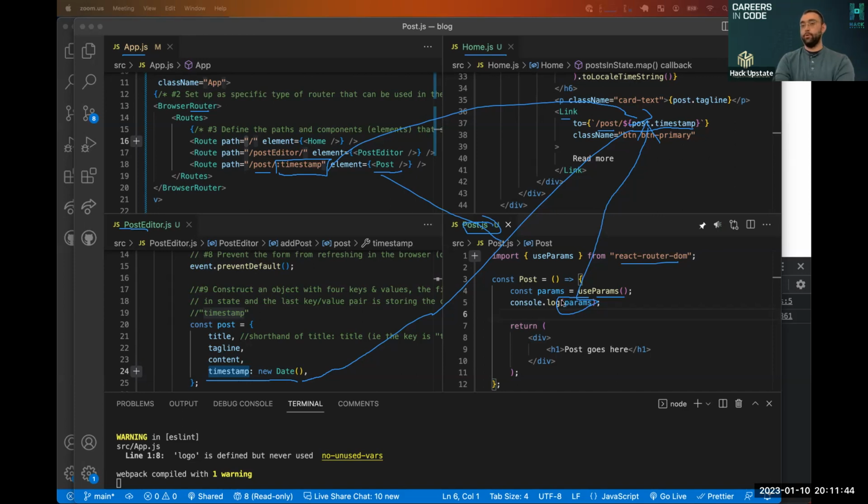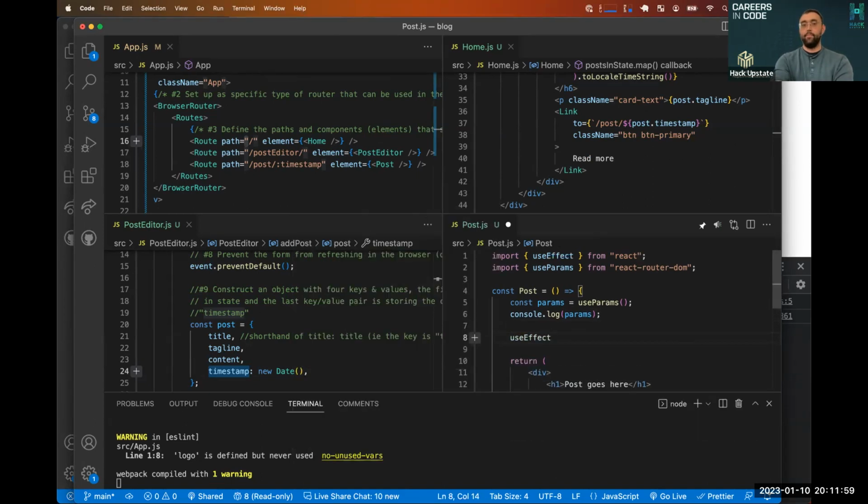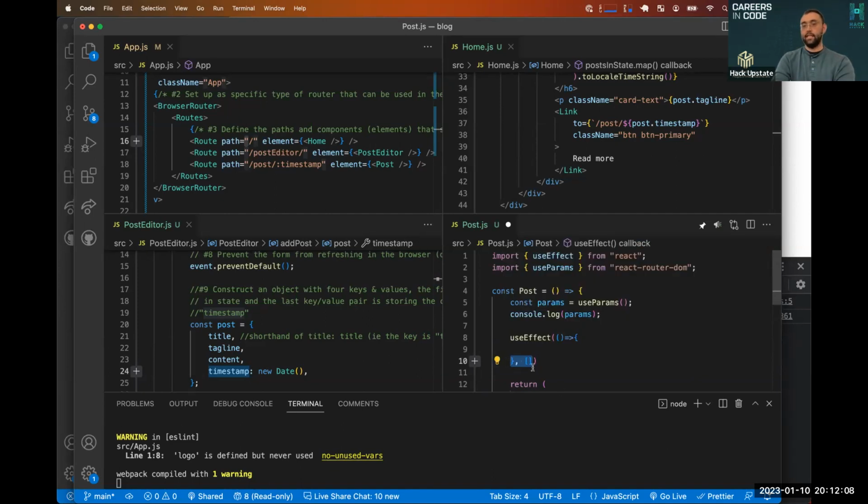Okay, let's do our final push. We've got access to the parameters. We've got to wire that up to make that post show up. Because we want that to happen when the page first loads, we're going to use a useEffect. Don't forget your comma and your empty array down here at the bottom. That's going to tell it we only want this useEffect to run the first time the component shows up. Because I used autocomplete, VS Code was smart and put in this useEffect